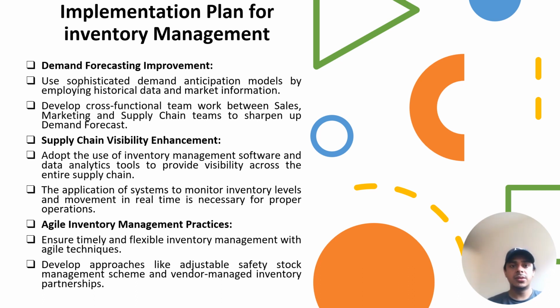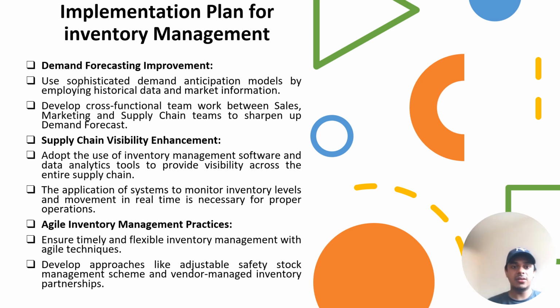Following our implementation timeline, now let us sketch the stages to be followed by emboldening Apple supplier management practices. We would first raise the accuracy of demand forecasting by using advanced forecasting model implementation. Historical statistics and market trends will be the drivers of these models to make predictions more precise, also creating an interfunctional cooperation between the teams of sales, marketing, and supply chain, updating and refining demand forecast every time the market condition changes.